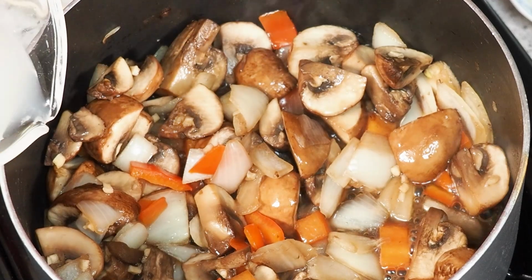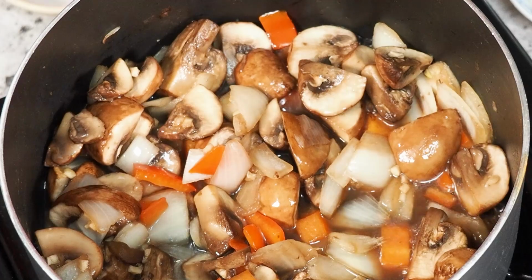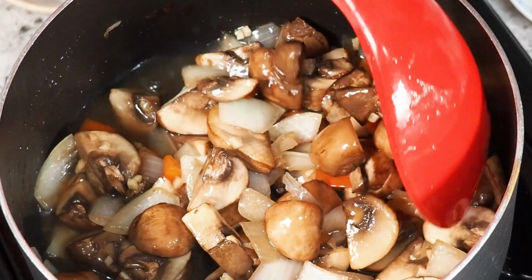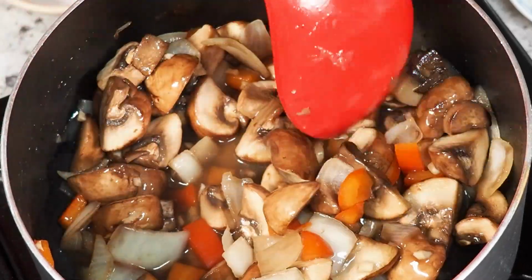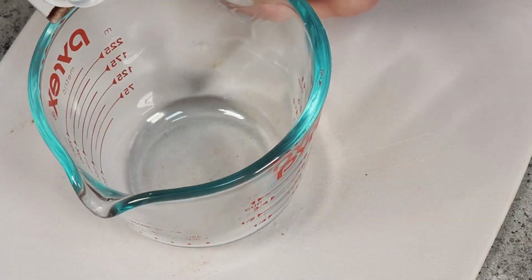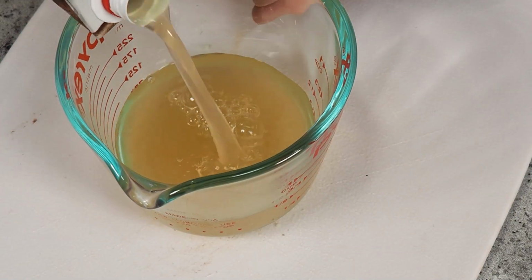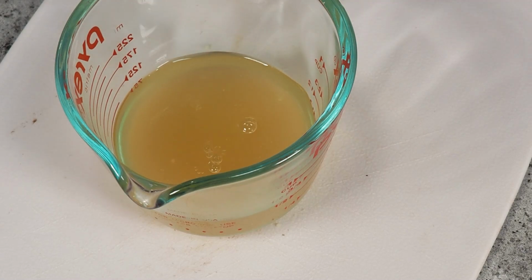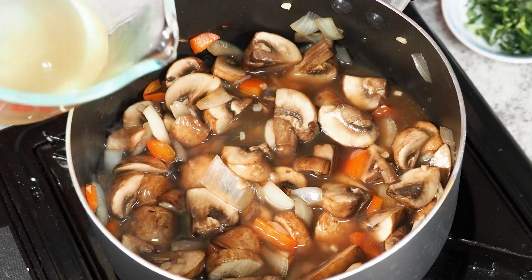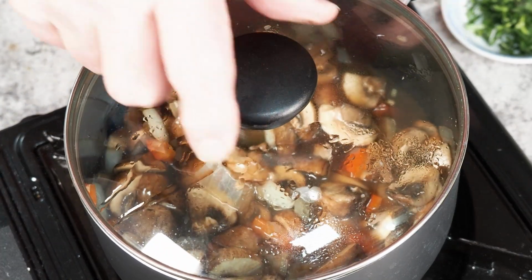Add the saved pasta water and let that simmer and thicken for 5 minutes. Add half a cup of chicken broth, simmer some more,